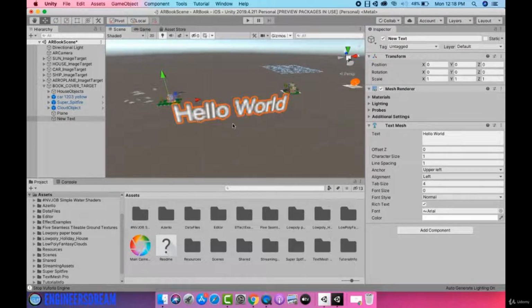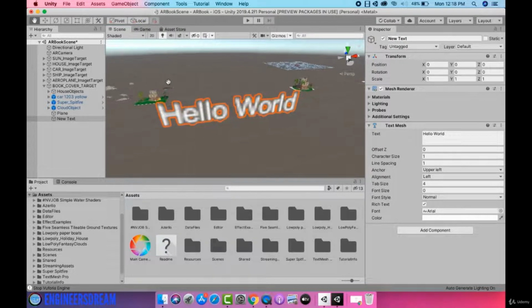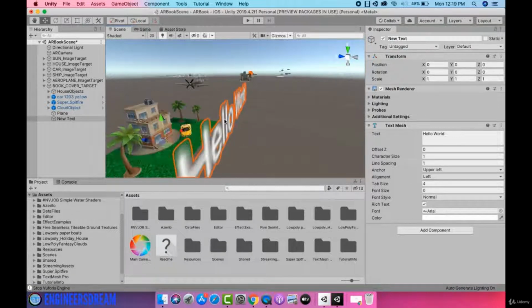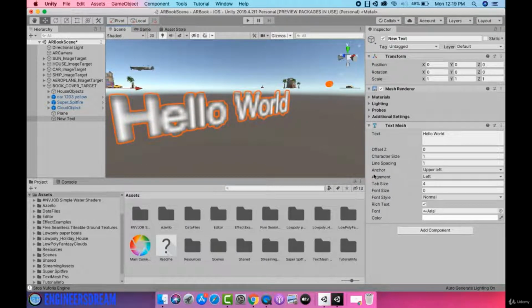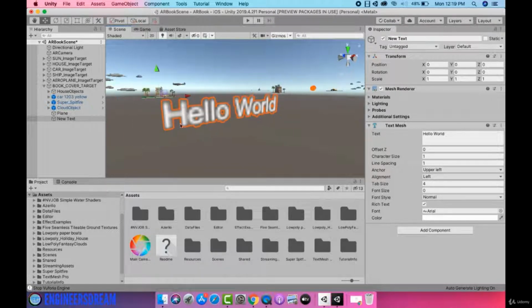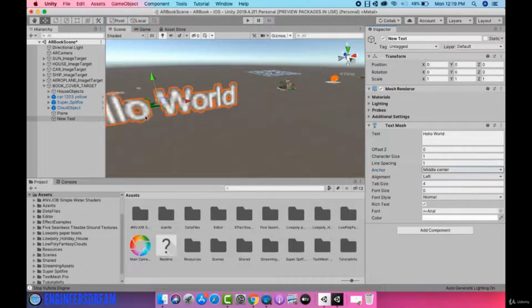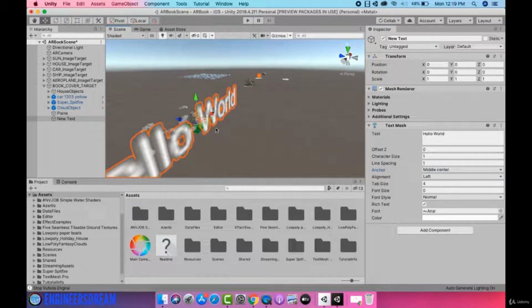After adding the 3D text, next I'll customize it a little bit. So first I'll change the anchor of this 3D text from upper left to middle center. So the X, Y, Z axis arrows, which we generally referred to as pivot, are referred to as anchors inside 3D text. So I'll change this from upper left to middle center. To do this, I'll click on this upper left drop down and I'll change this to middle center. So now as you can see, the anchor is in the middle of the 3D text.